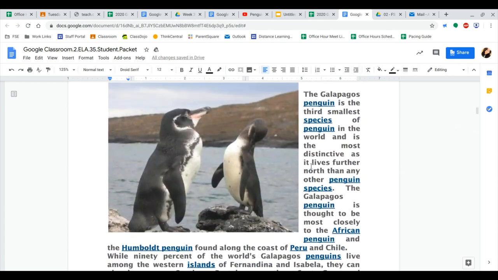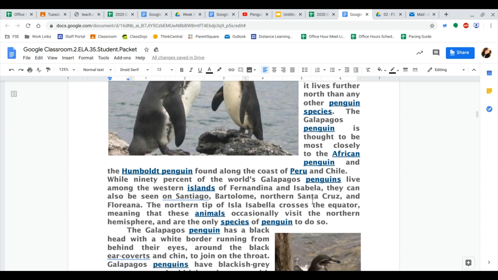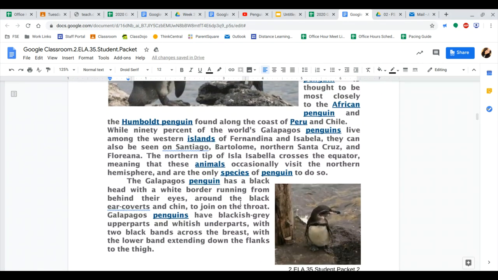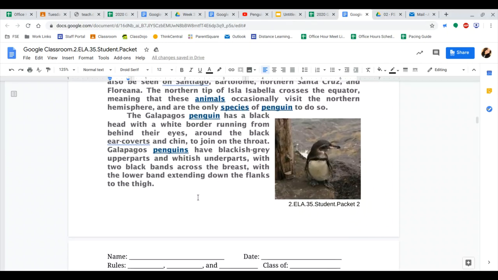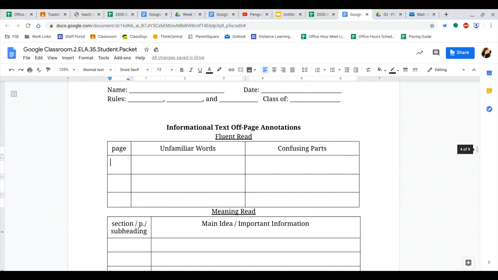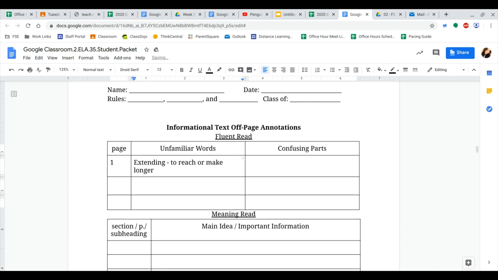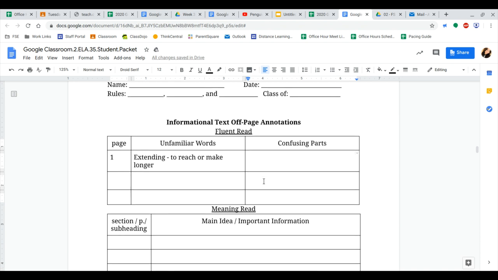So for example, if I did not know the word extending, I would note that it was on page 1, type in the word extending, and put to reach or make longer, the definition to help me out. You would do that if you found any confusing parts, too.